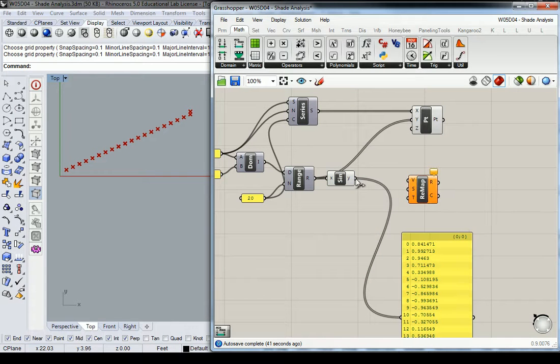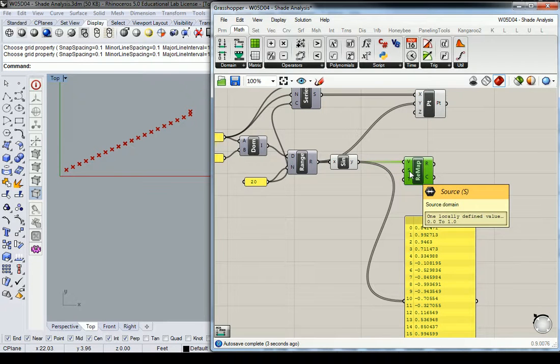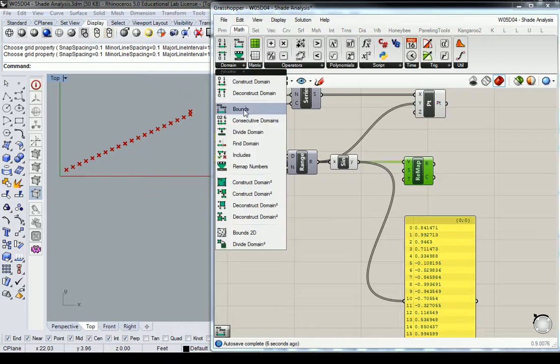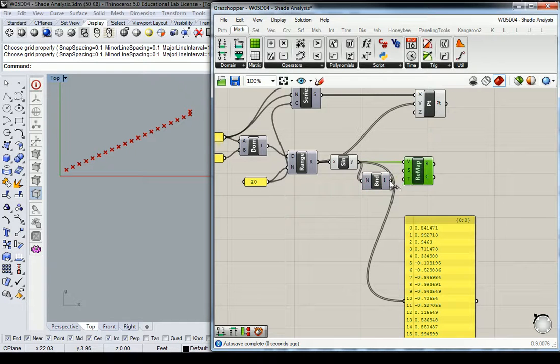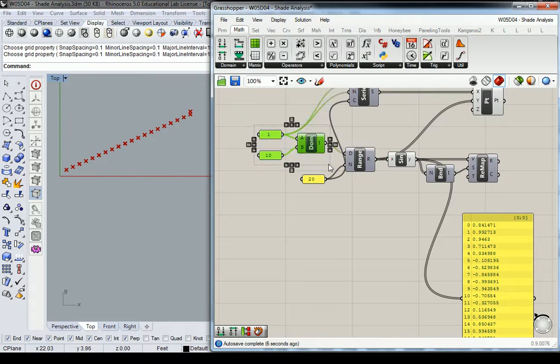And then the numbers that I'm going to remap are the numbers that I'm reading in the panel right there. The source domain is going to be red using bounds, so I'll plug that in here. And then the target domain is going to be a new domain where I determine what angular dimension I want it to actually rotate. So if I want it to go in a sine curve or rotate or grow, however you want to do it,